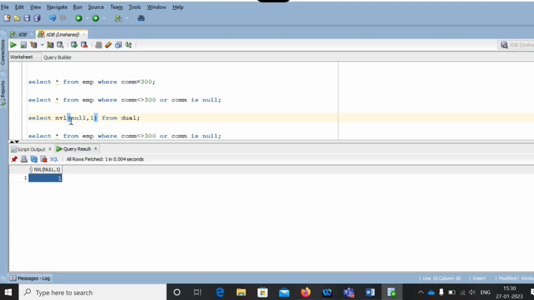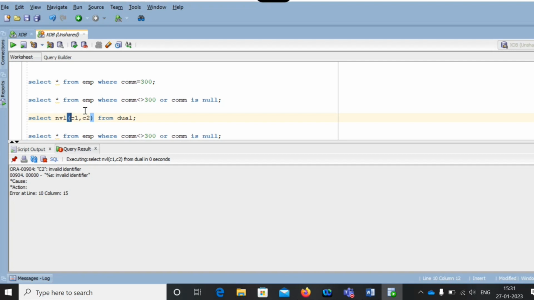If you mention C1 comma C2, see, C1 comma C2. If C1 has a value, meaning it is not null, it displays C1. If C1 is null, it displays C2. Okay.